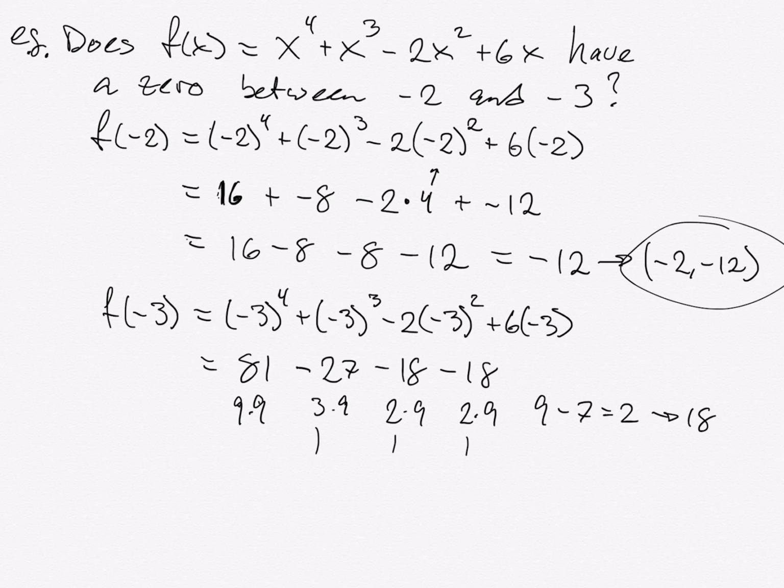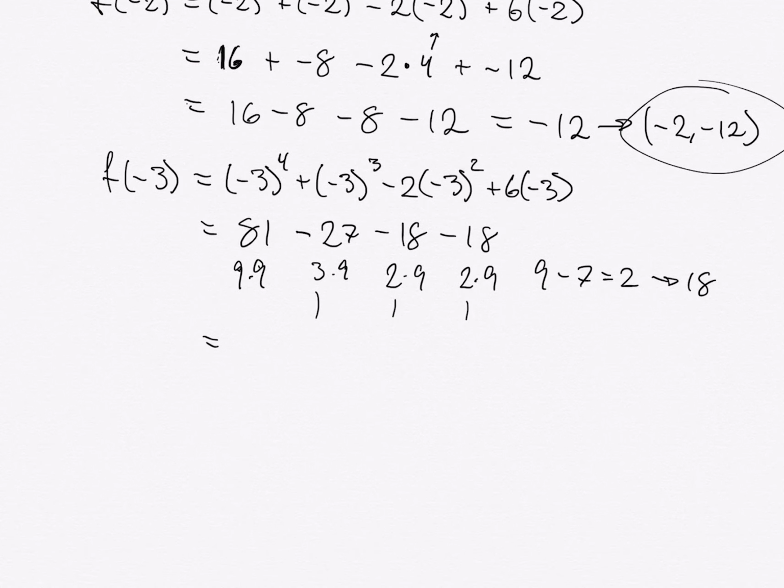So you could do all of that in a calculator, of course, or with some long subtraction if you're just doing it with paper and pencil. Ultimately, we come out with positive 18, which means we have coordinates -3, positive 18. And what we see now is that we're